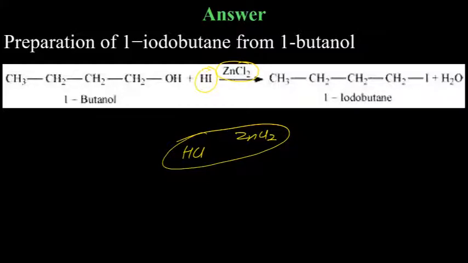Okay, Vanna, correct. You must know these things. This will appear in the examination. You might get that if one butanol is reacted with Lucas reagent, what will be the product? How will you know if you don't know the Lucas reagent? Lucas reagent is a mixture of HCl and ZnCl2.